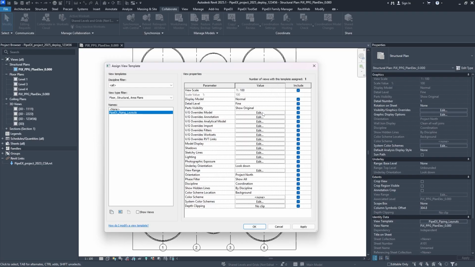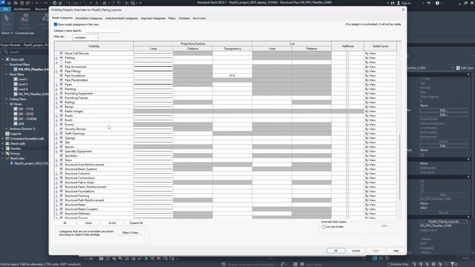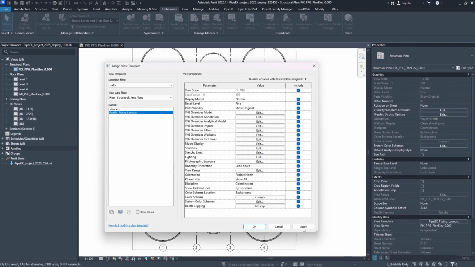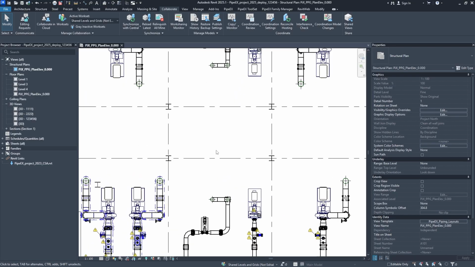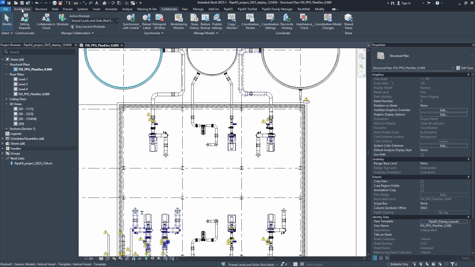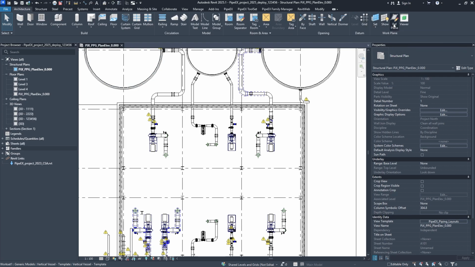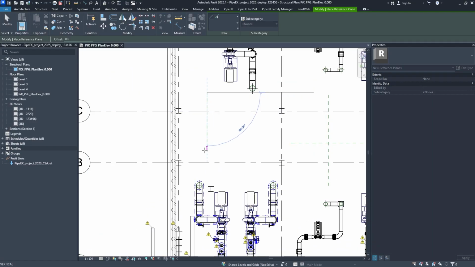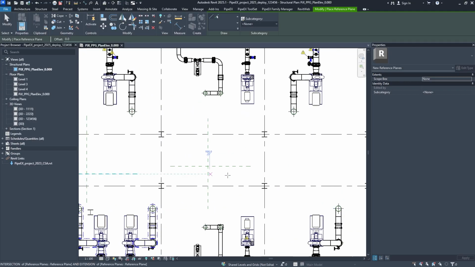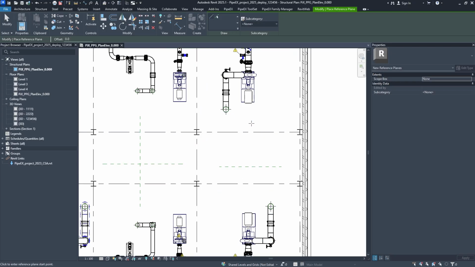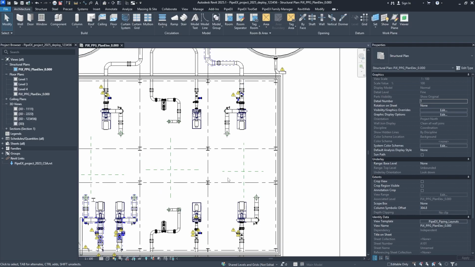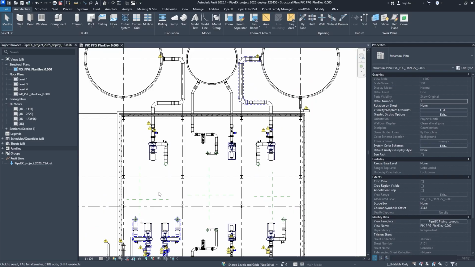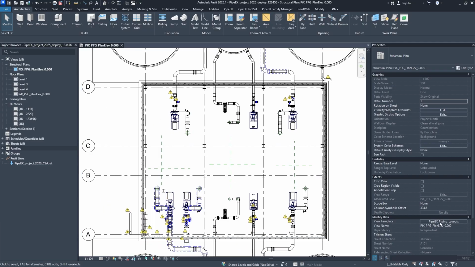Then we go back to our model overrides and we will check if there is something else left. What could be the case is that you used in your model some reference lines. You created secondary steel supports or any other components. And for sure you don't want to delete them, because once you delete them, then you will face some issues later with those components which were associated with those lines. And for sure you don't want to see them on those drawings. So what you can do here,